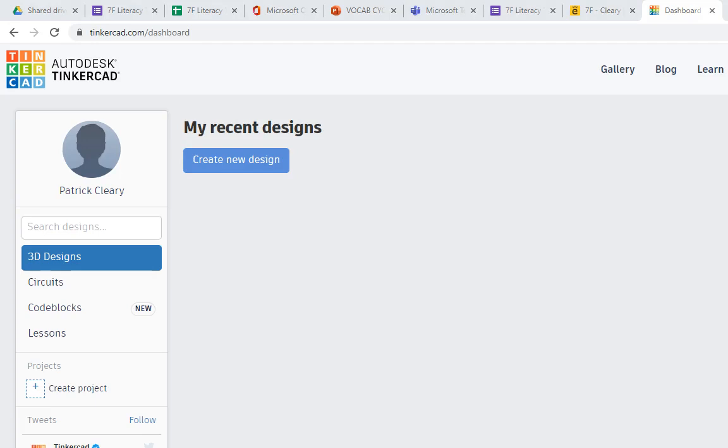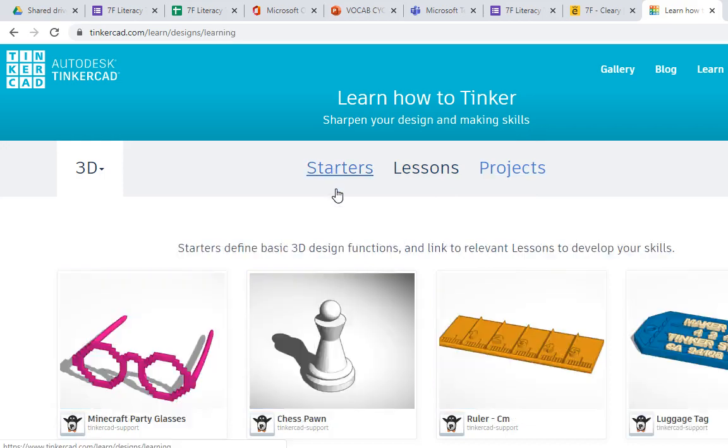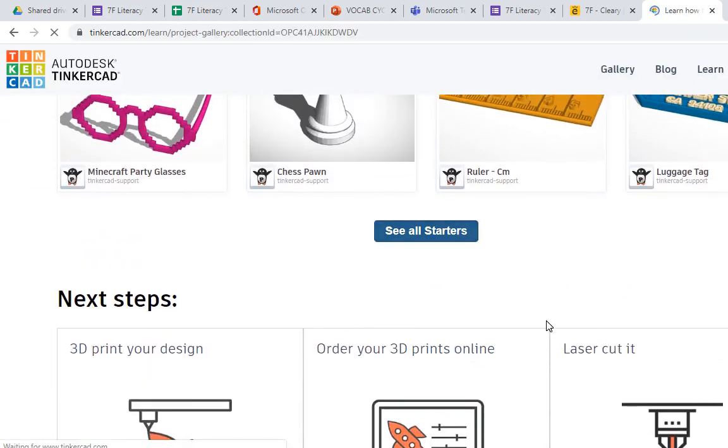The next success criteria is that you can complete simple on-screen tutorials. So from this screen, you want to find Learn up the top here. Click on Learn. And we're going to do the starters. So you've got starters, lessons, and projects, and basically they get harder and harder and harder as you go. We're starting here at the beginning with starters. Okay, and you want to start on the very first starter,